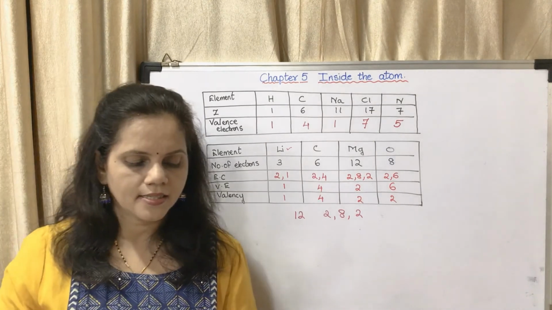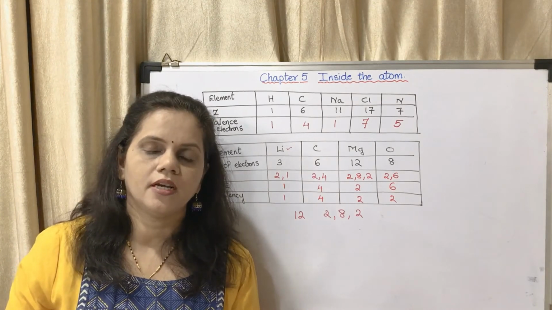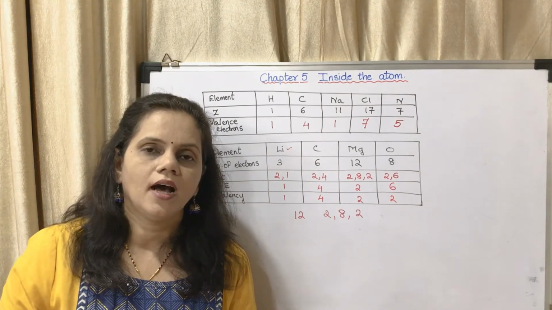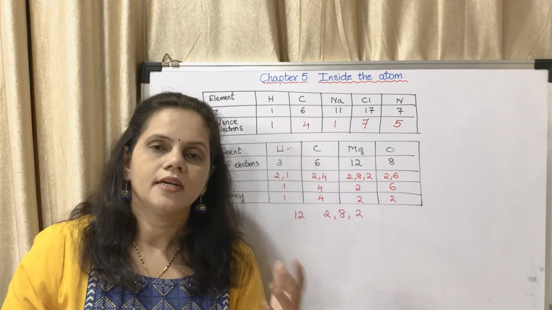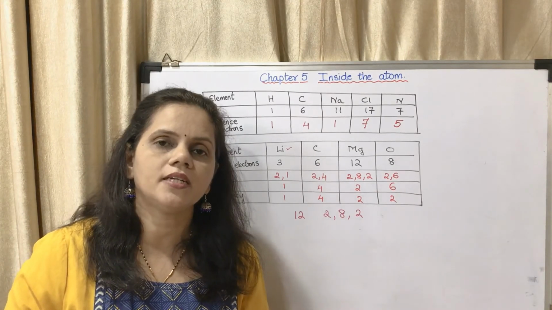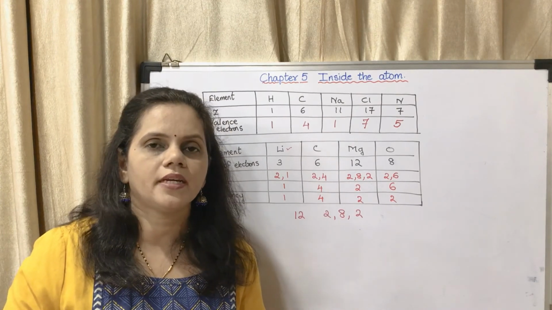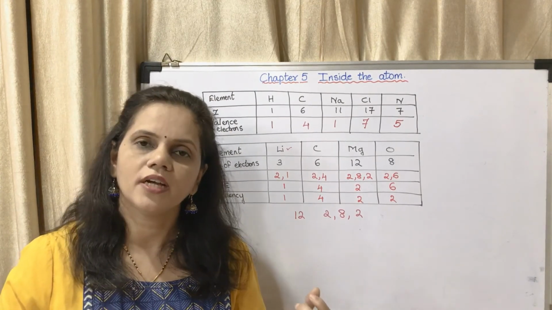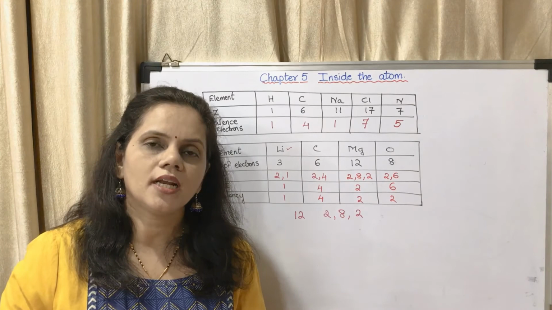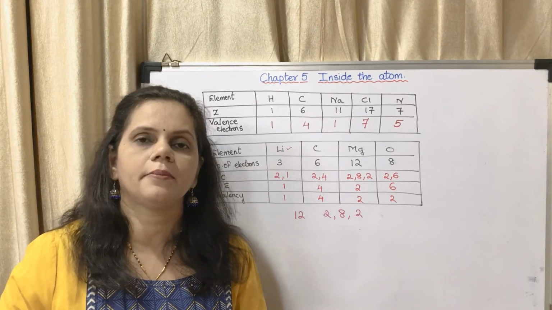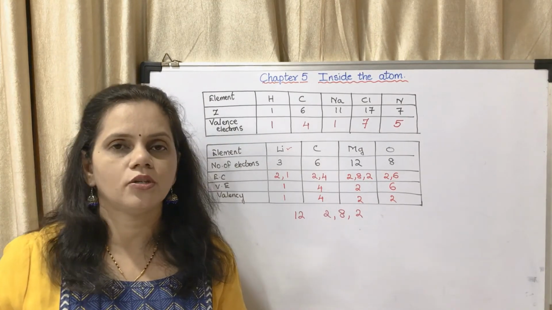There are 2 more questions. Why are the atomic numbers and atomic mass numbers always whole numbers? Because an atom cannot have half a proton or 1/4 of a proton. It cannot happen like that. It is having a complete proton or a complete electron. And what is atomic number? Atomic number is the number of protons or number of electrons. So it is a whole number. Atomic mass number is the total number of protons and neutrons. So it is a whole number. Okay. So the answer is given in the notes.